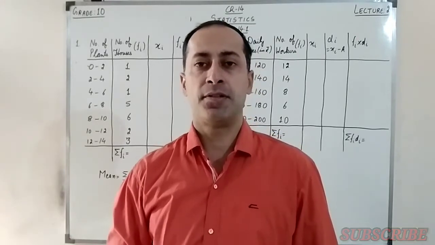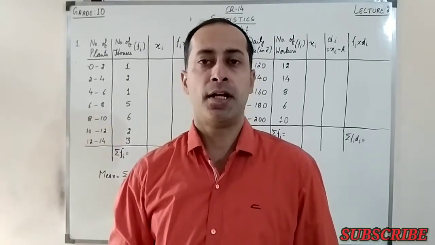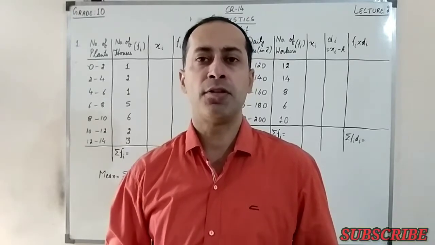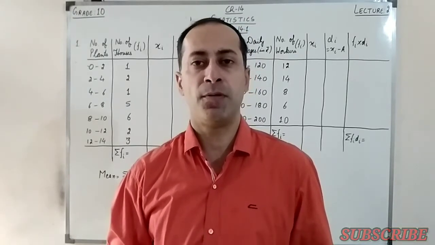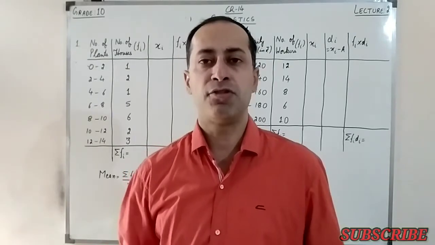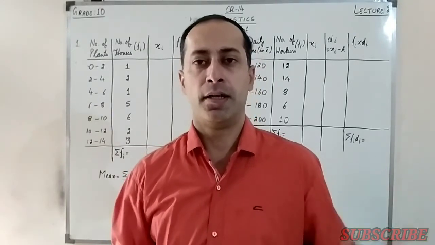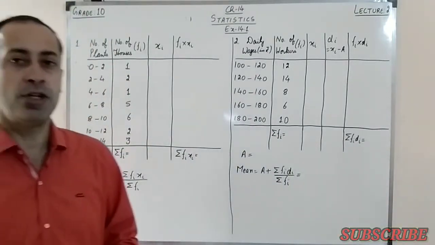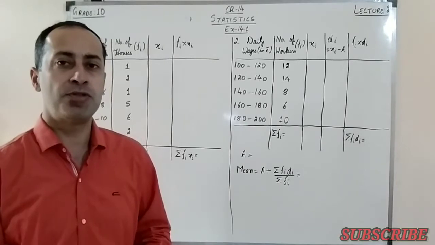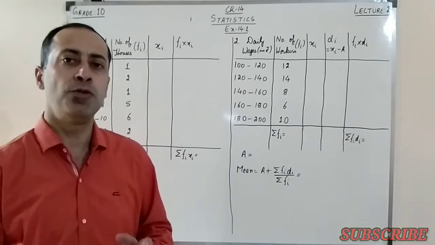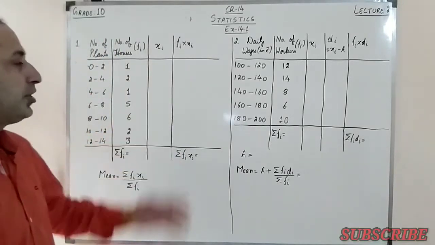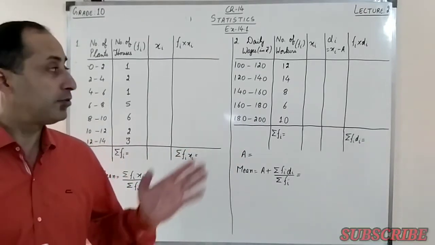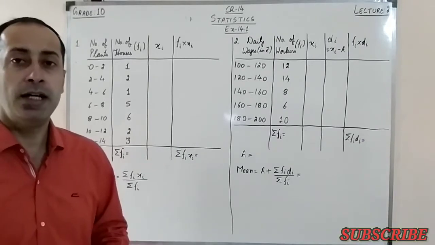In the previous lecture of chapter statistics, we have learned how to find mean using the different methods. Today we are going to discuss some of the questions of exercise 14.1 using those different methods. As you can see behind me, I have written just two questions, question number 1 and question number 2 of exercise 14.1. We will be simplifying these using the direct method and the assumed mean method. I will do the first question using the direct method, and the second question I will do to find the mean by the assumed mean method.